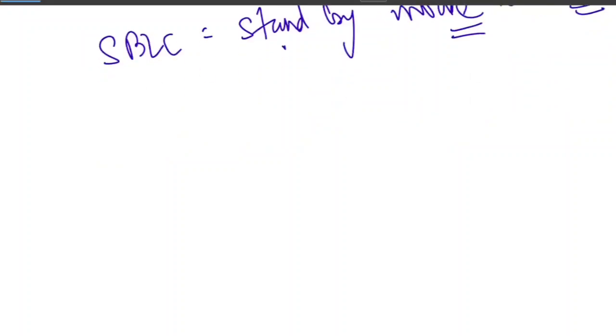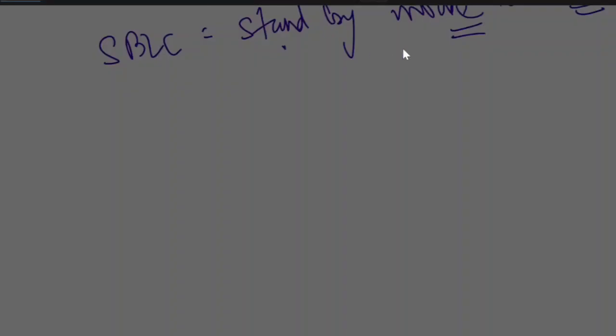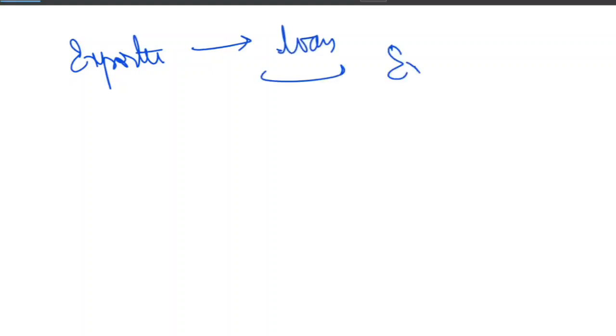So you know it very well that packing credit works like this. What happens in the case of packing credit? Let me explain. The exporter gets a loan only when they show an export order. Suppose this is our exporter, right? So they get a loan only when they show a firm export order, or they show a letter of credit.